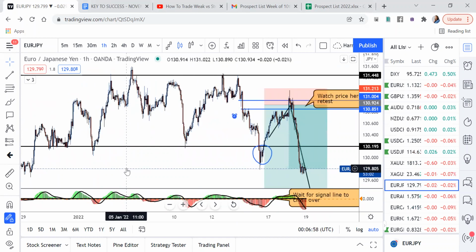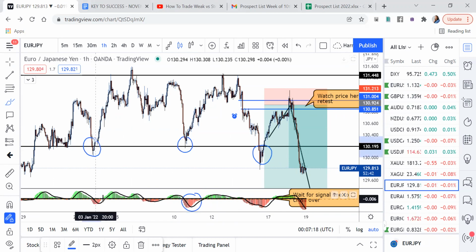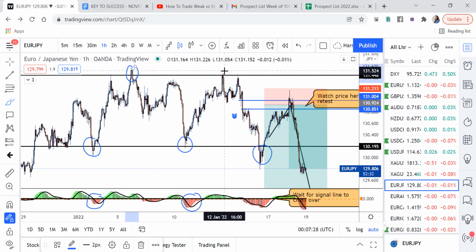So we were talking about weak breakouts, and I mentioned that a weak breakout is when price breaks structure. So we have structure here where everybody can see, especially based on the MACD, that we have structure here, right? So this is structure for us, right? This is the 1 hour low, right? And then over here we have the 1 hour high as well. So we have 1 hour structure, right? Now over here